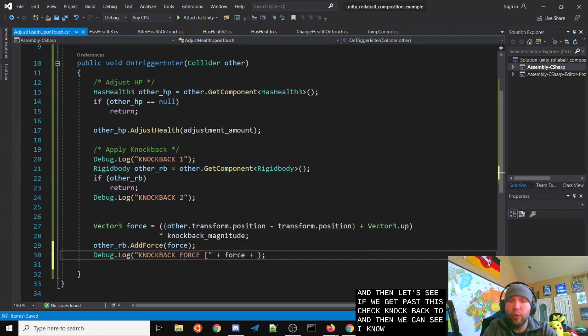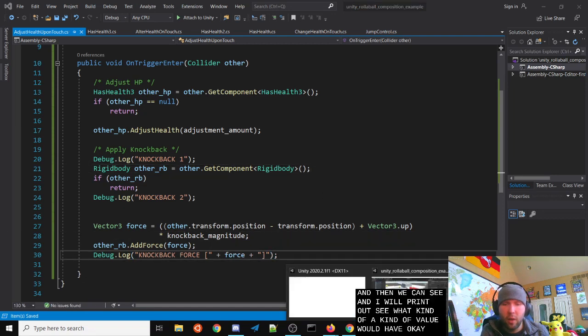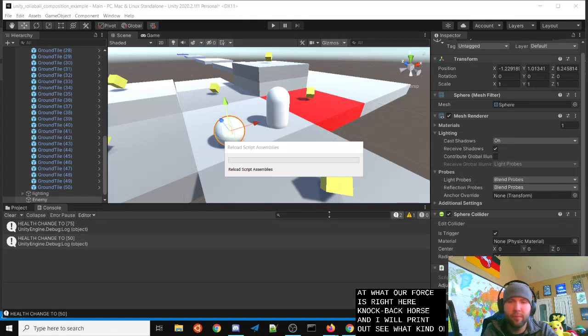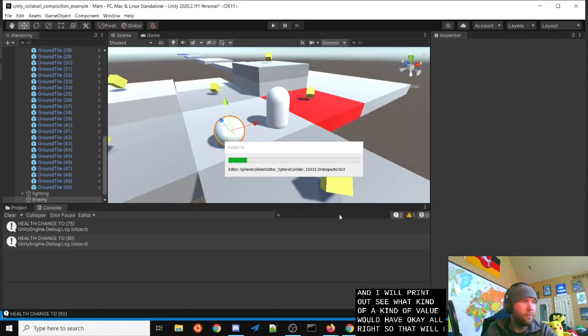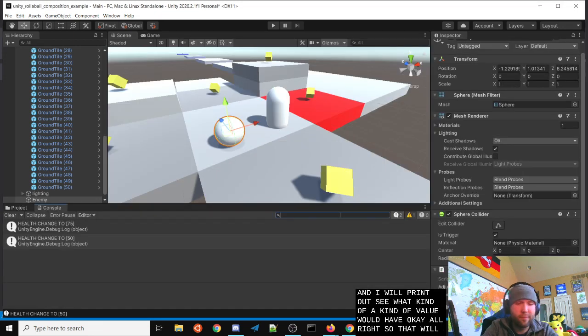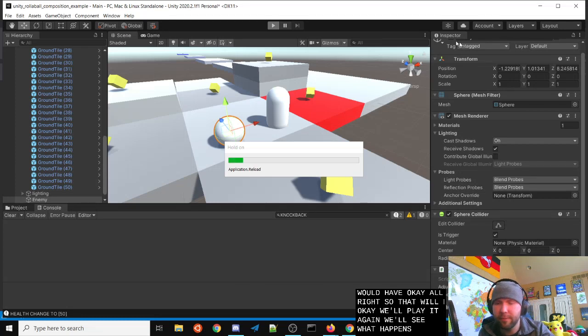And then we'll print out and see what kind of value we have, okay? So now we'll filter our debug messages by knockback. We'll play it again, and we'll see what happens.